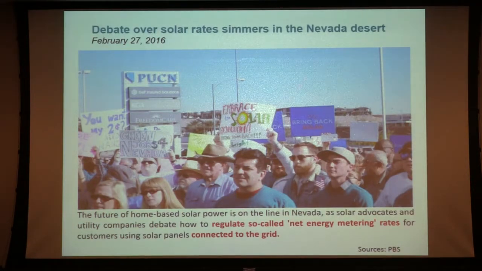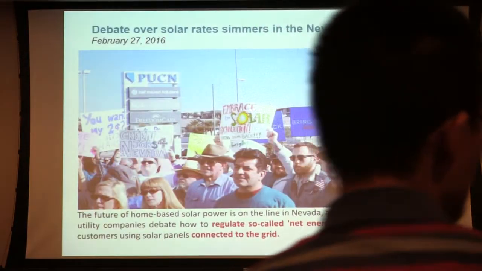So what happened here? In Nevada, because it's very hot in the summer, I was checking the electric bill amounts, probably higher than $400. Then people built solar on the roof, and because there's a lot of sun in Nevada, they can also sell the power back. At the very beginning, the price of selling back to the grid was the same as the price of buying from the grid. So people did the easy calculation: I will get my money back within a few years. So a lot of people built solar on their houses.